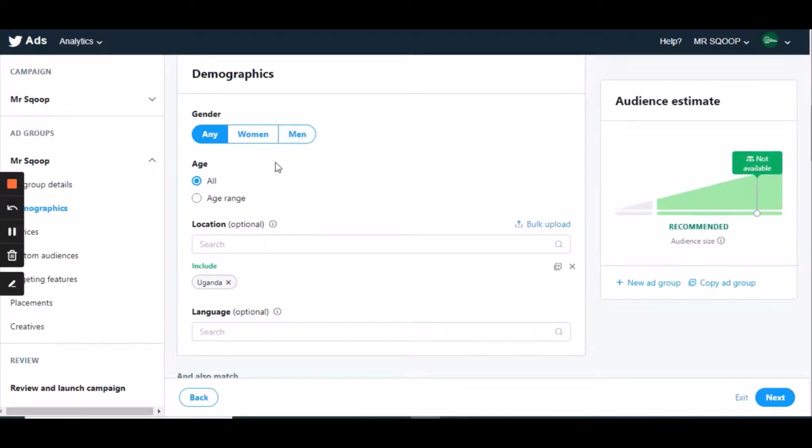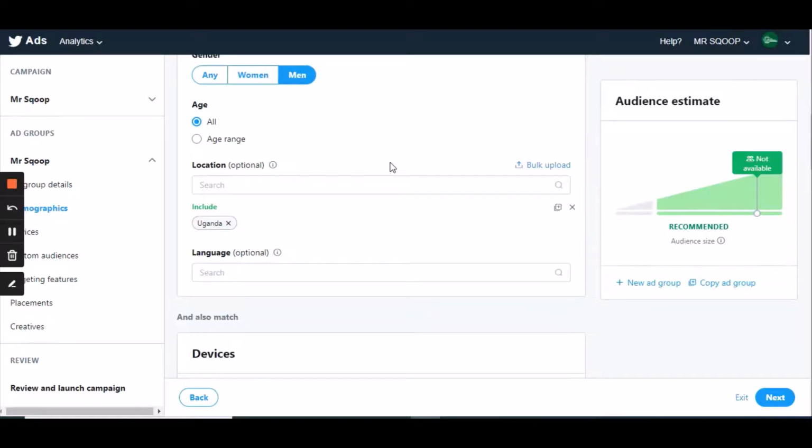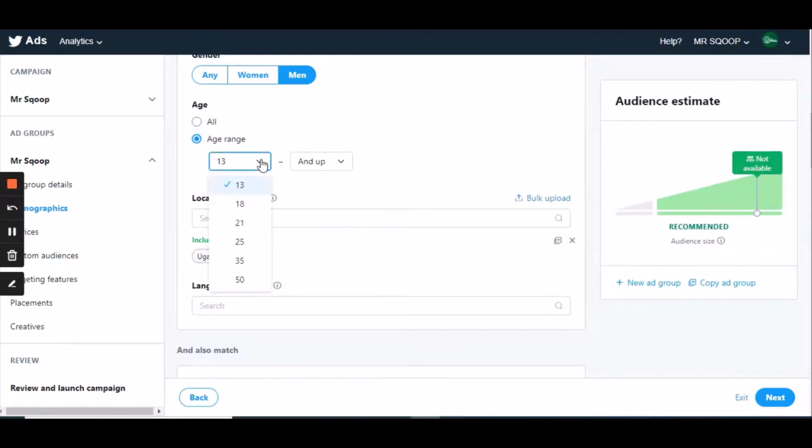So pretty much here at Mr. Scoop, we sell a lot to men. Men buy a lot from us. So I would say I don't want to spend a lot of money on women. I would want to target men, because they buy a lot from us, because that's what the statistics show us. So I'll go ahead and target men, and then I'll choose the age. Our men who buy are from 18 and above, up to 34. All right, you go ahead and specify